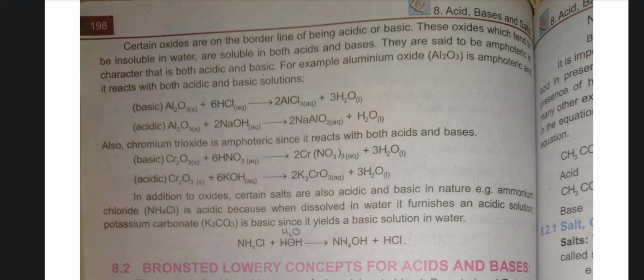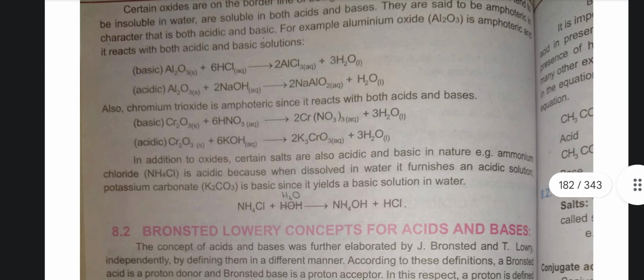In acidic solution, Al2O3 plus 6HCl gives us 2AlCl3 plus 3H2O, and in basic solution, Al2O3 plus 2NaOH gives us 2NaAlO2 plus H2O. Also, chromium trioxide is amphoteric since it reacts with both acids and bases. So, Cr2O3 plus 6HNO3 gives us 2Cr(NO3)3 plus 3H2O, and in basic solution it gives Cr2O3 plus 6KOH gives us